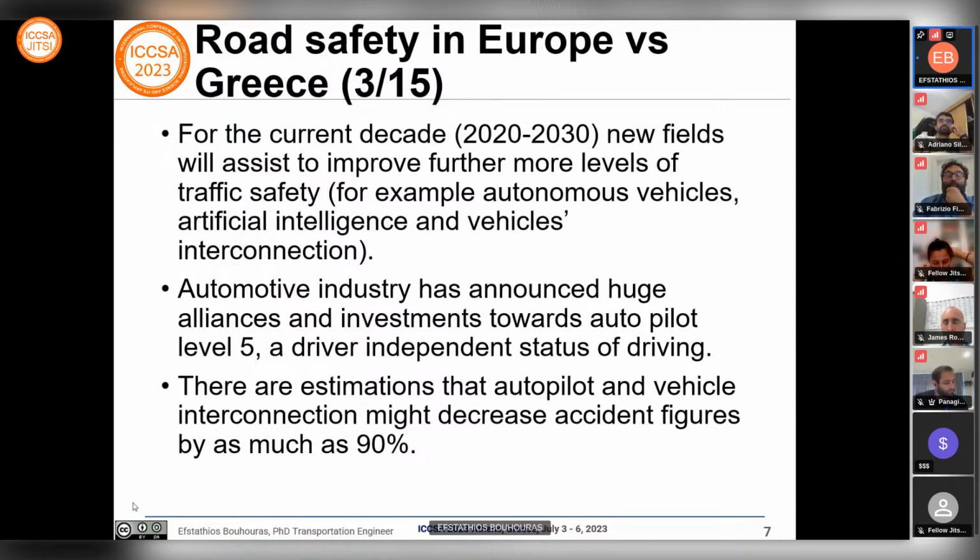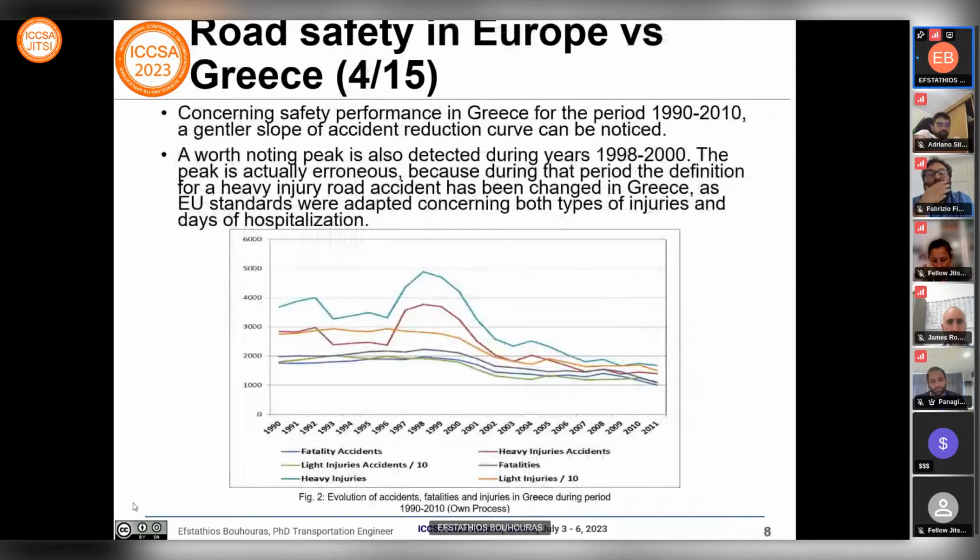So there is an estimation that autopilot and interconnected vehicles will, or might, decrease accident figures by, I think, 90%. I think it's too optimistic, but when we talk about percentages and risk, we can estimate, and then we hope to achieve. Now, about Greece, in the period 1990-2010, we had a general slope of accident reduction, as you can see on figure 2, but in 1998 to 2000, there was a period of 2 years when Greece had to adopt the European protocols about how to